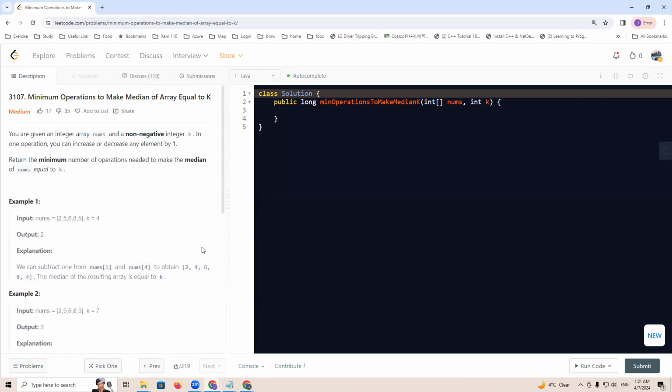So in order to get a median, what we're thinking about is that if the nums array is already sorted, then for this question the median is nums after sorting, at index n divided by 2. Then this number is the median. So in order to get the median to be equal to k, we want to make the